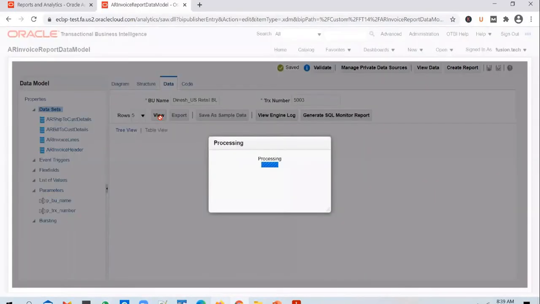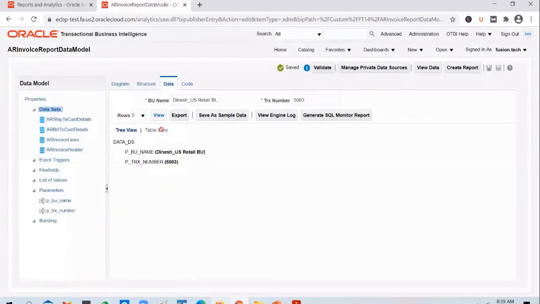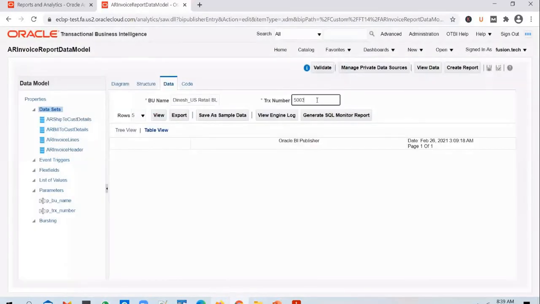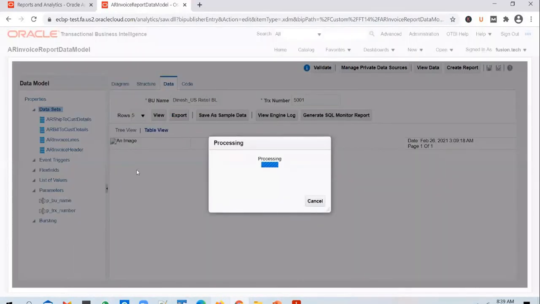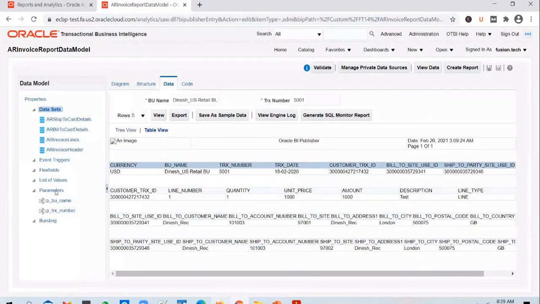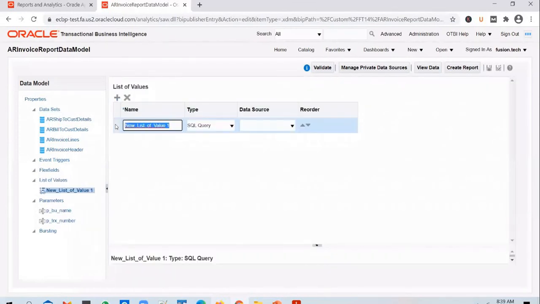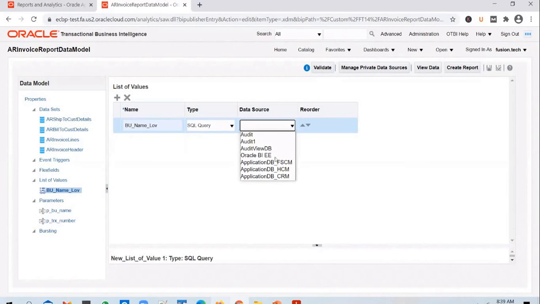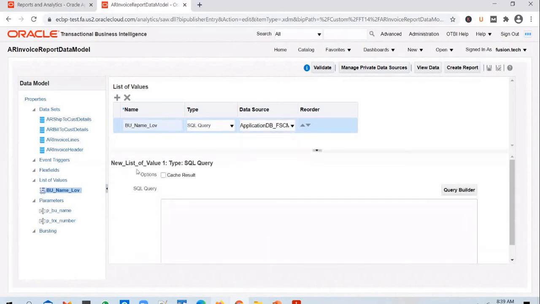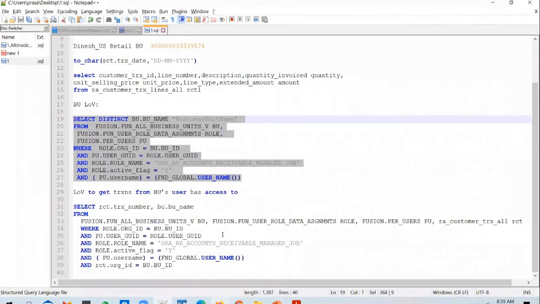Go to the data tab and run it. You could see the data printed. And for list of values, let's go ahead and create two list of values. You can call the first one BU name LOV, select SQL query, select FSCM as the data source, and paste in the first query.